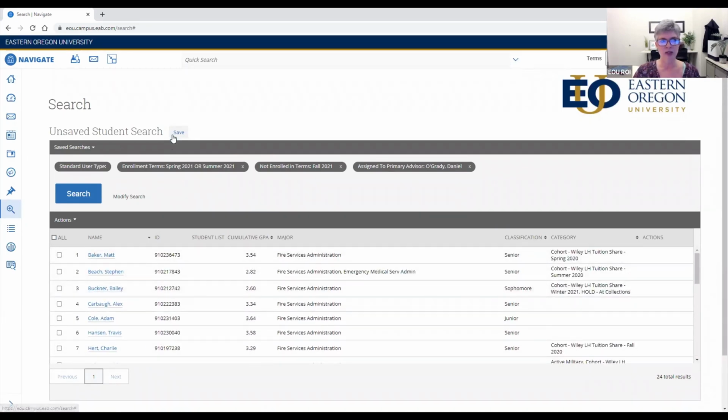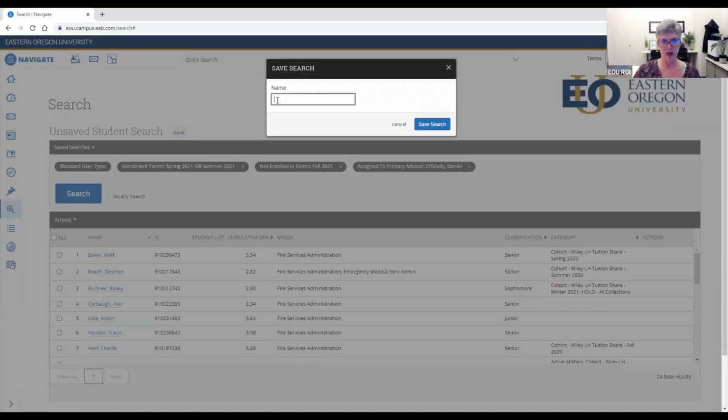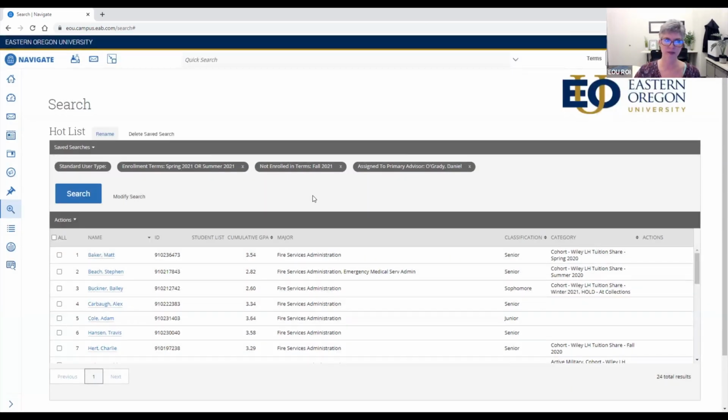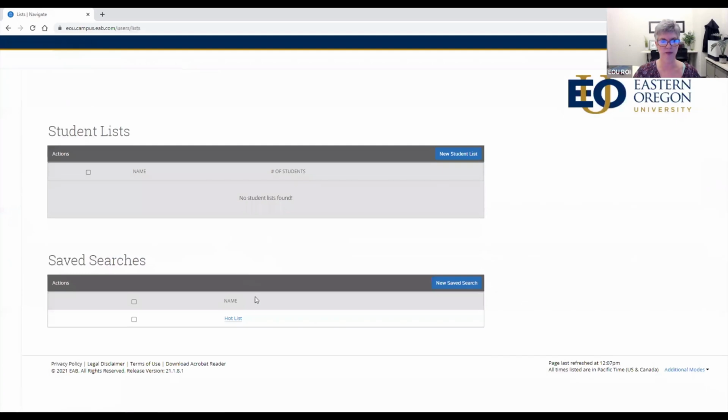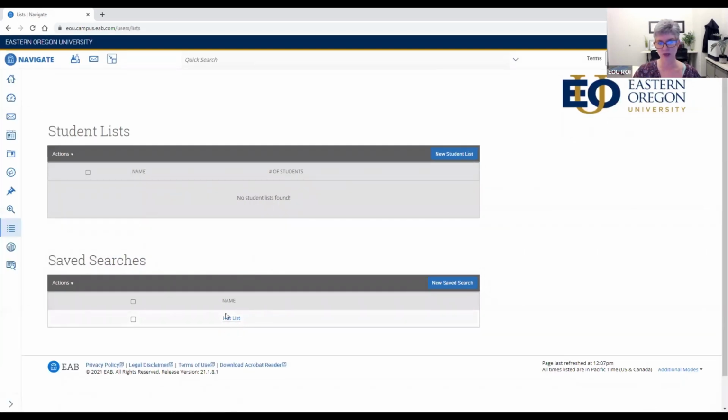Now, if you want to save this, then you would do a save. And you would say hot list. You would save that search. And now, whenever Dan goes to his lists and searches, that hot list will always be in there. Now, if 3 students register this afternoon, there will only be 21 students the next time that he pulls up that hot list. Also, from his homepage,